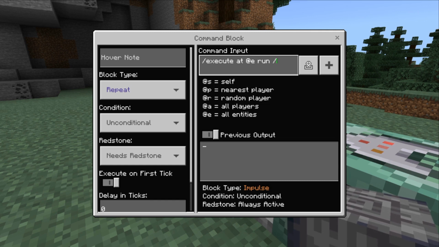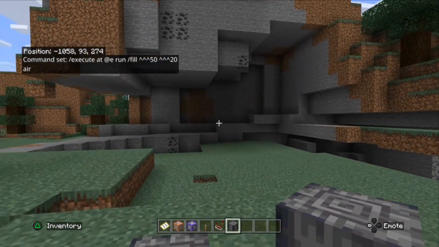So /fill, and then we're going to put the following coordinates in. We're going to put 3 caret symbols and I think we're going to choose 50, followed by another 3 caret symbols, and I think I'm going to put in there 20, and then air. So what this will do is when I step on those coordinates,